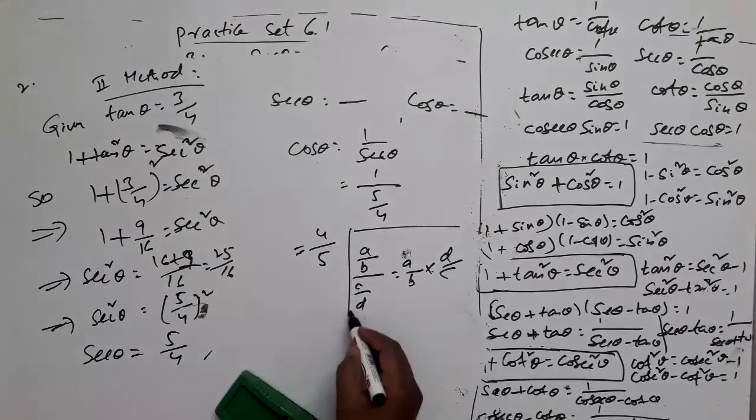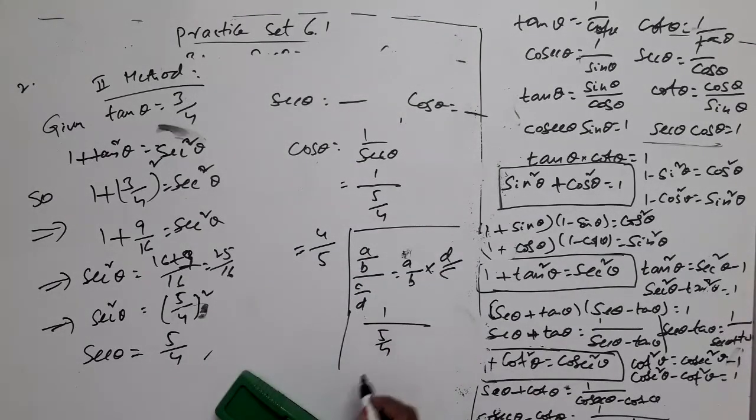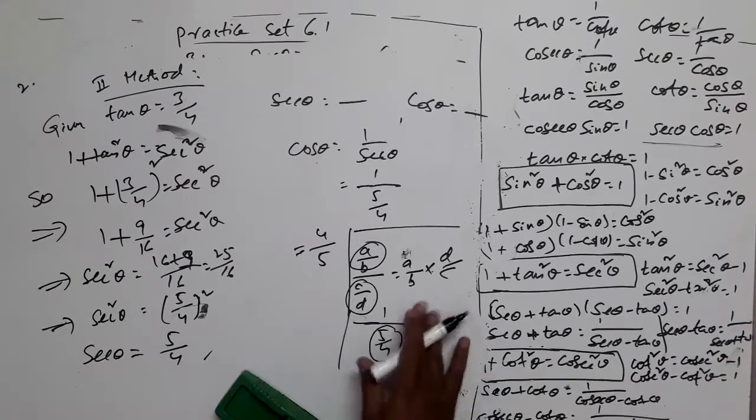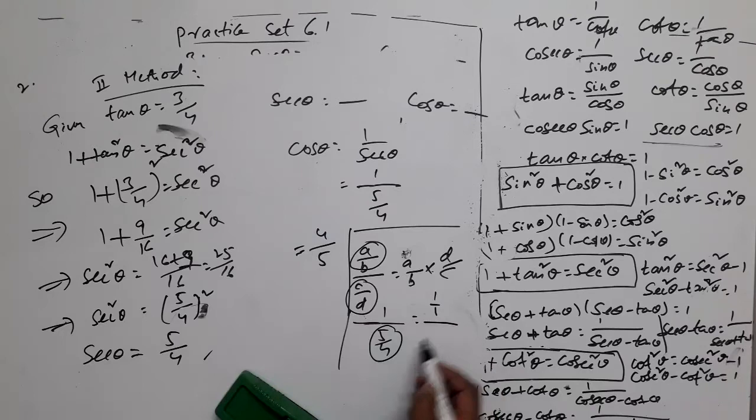See, in this case, what you have observed? 1 by 5 by 4. Right? Here in this case, this is one fraction, this is another fraction, a by b form, right? Here you can see that this is one fraction, okay. However, the numerator simply 1, but you consider this as 1 by 1 by 5 by 4. Now tell me, use this one. What can you write? 1 by 1 multiplied by 4 by 5. Right? That is why you are writing 4 by 5, right? So 1 by 5 by 4 is 4 by 5. Okay. So this way you have found the value of remaining 2, of course, required 2 ratios. This is second method. Over.